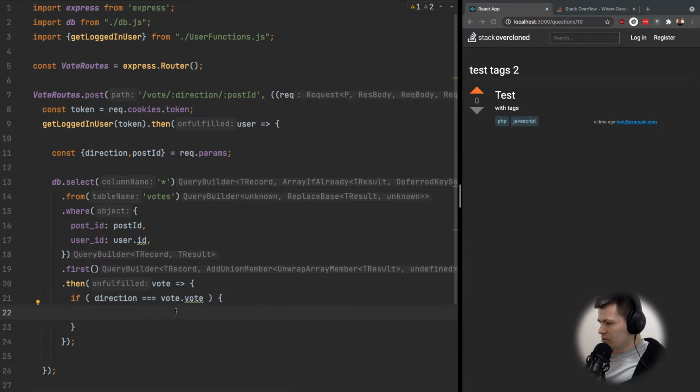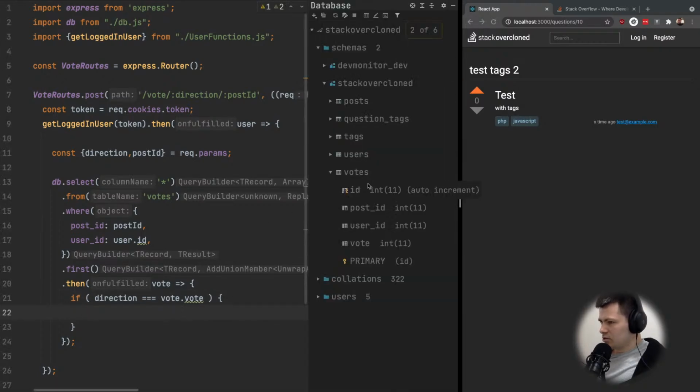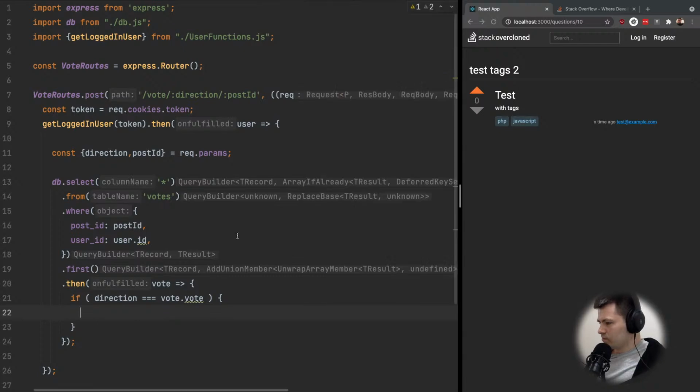Then we want to delete this row in this table. So we have the ID of this vote, so we can just delete the vote,